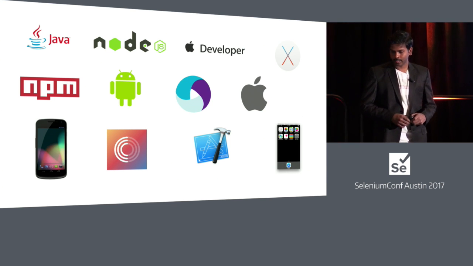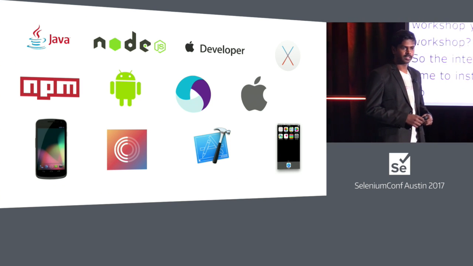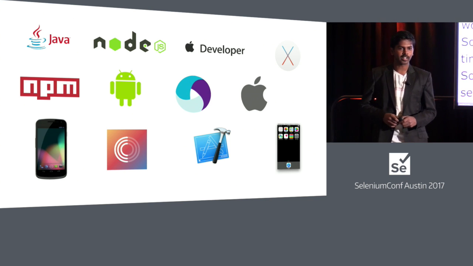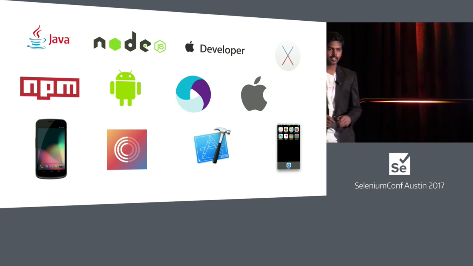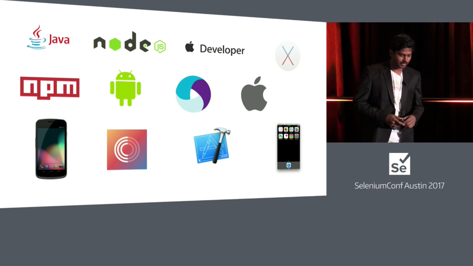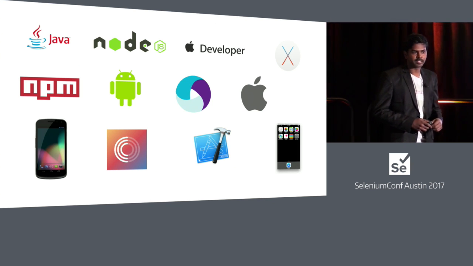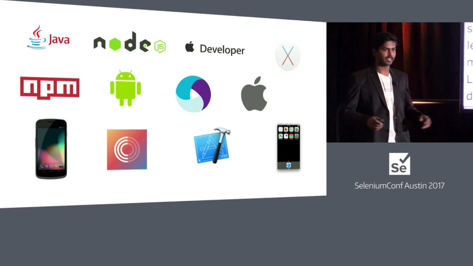Yeah. So what if I could download everything in a few seconds? I just need to have an OS, at least for Android. So I just need a machine which has Linux or whatever flavor of Linux, or Windows or Mac OS X, and just download a single Docker image which has everything that I need.